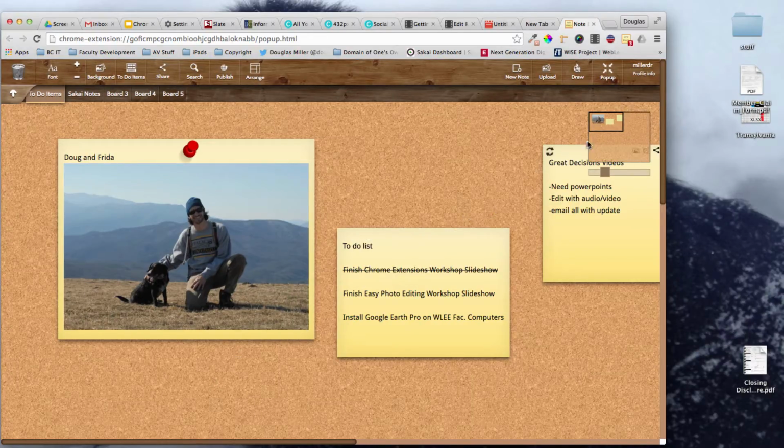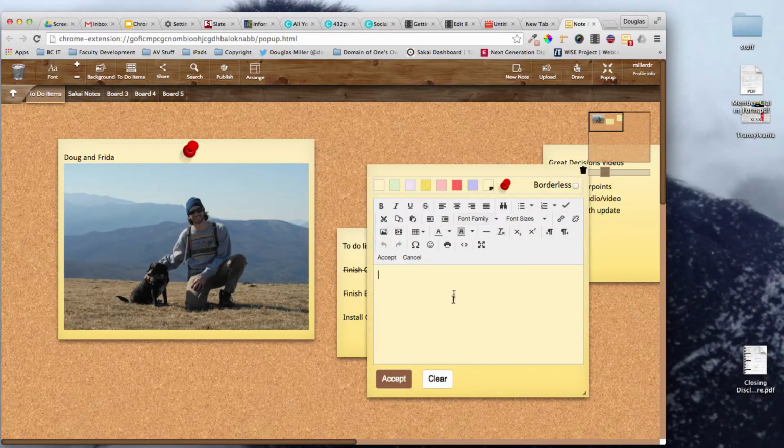And you can create your own boards, and you saw that I logged in, created an account with this one, so that because I did that, I could pull up all my notes that I made on my other computer into this one. Logging into Chrome is only going to save your extensions, but it doesn't necessarily log you into your extensions if they have an account. So for this one, I had to log in, and creating a new note is as simple as double-clicking,